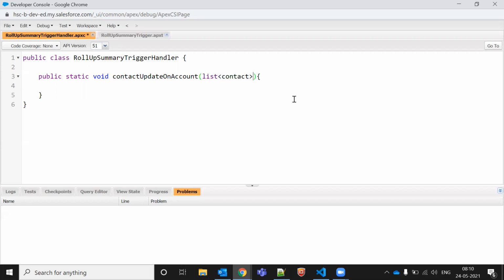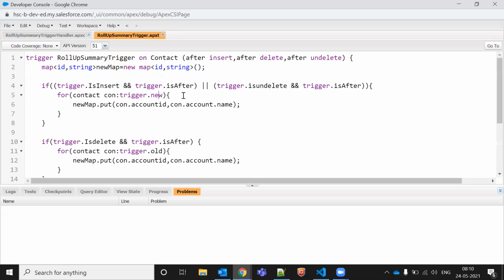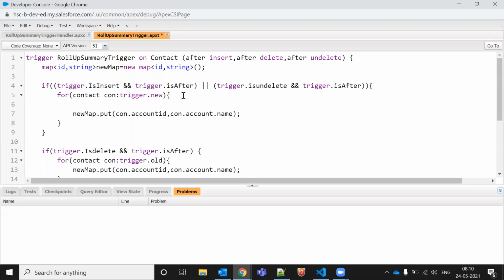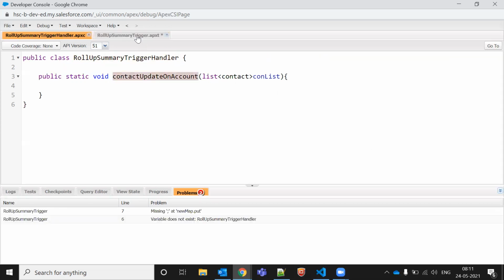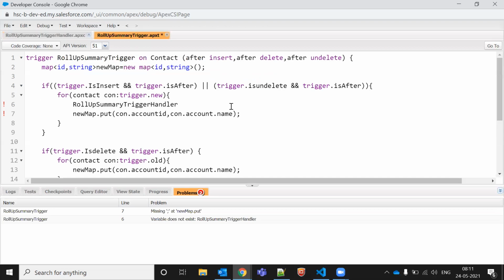contact, the con list, and parallelly what I'm trying to do here. So let me call this class here. Okay, I'm just passing this class dot Trigger.new.